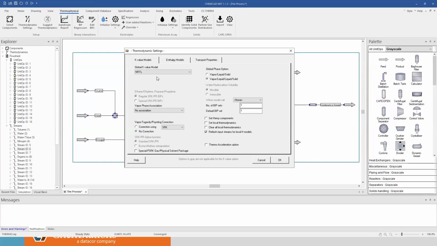So, okay, I have NRTL. Yeah, NRTL is good because I know that ChemCAD has the BIPs, the binary interaction parameters for the system, which is in most cases water and toluene, and it's going to perform vapor, liquid, liquid, solid, two liquid phase calculations. Okay, and if I say okay,